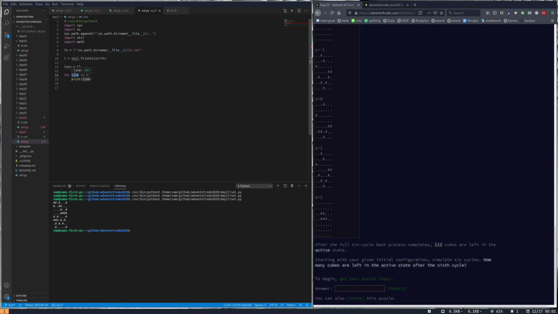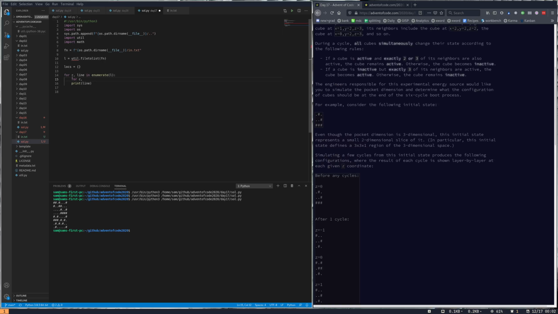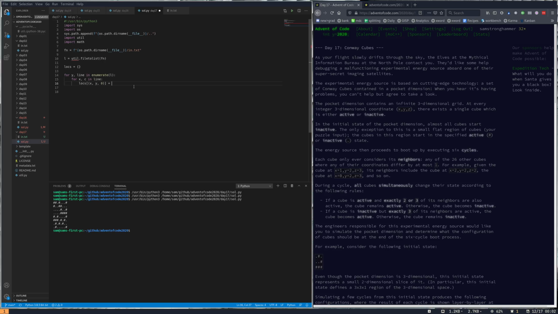And then for i, line in enumerate of L. So each line is a Y, and X, Y's and Z's don't really matter very much, but let's just say for X, c in line, and we're going to say locks of X, Y, 0 is equal to, an active is the hashtag, is equal to,